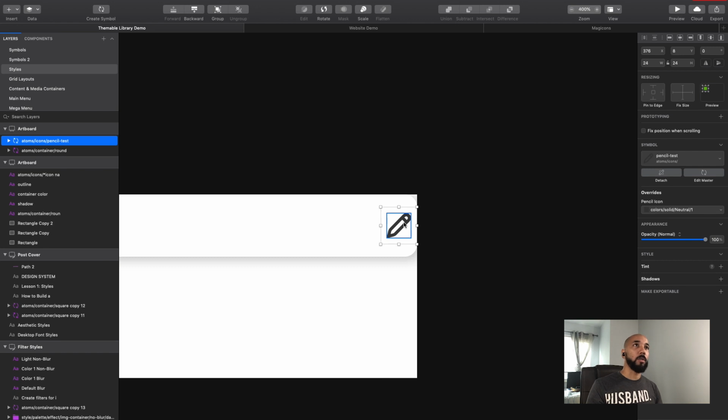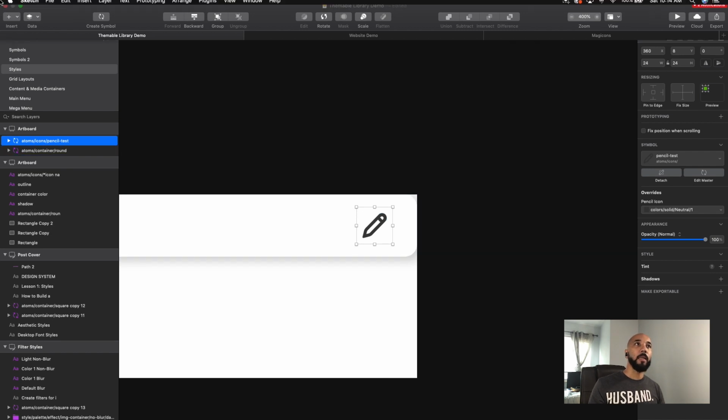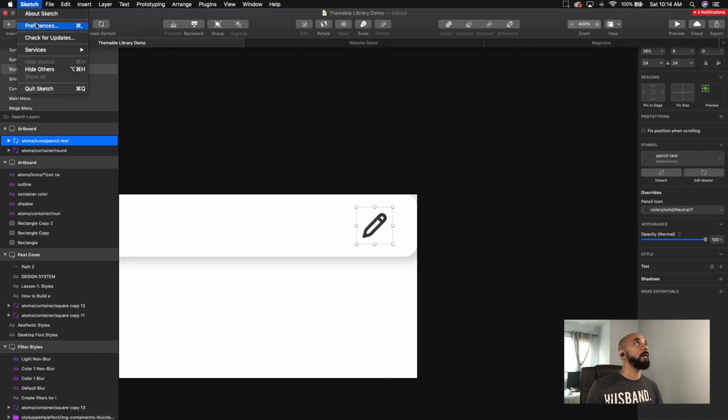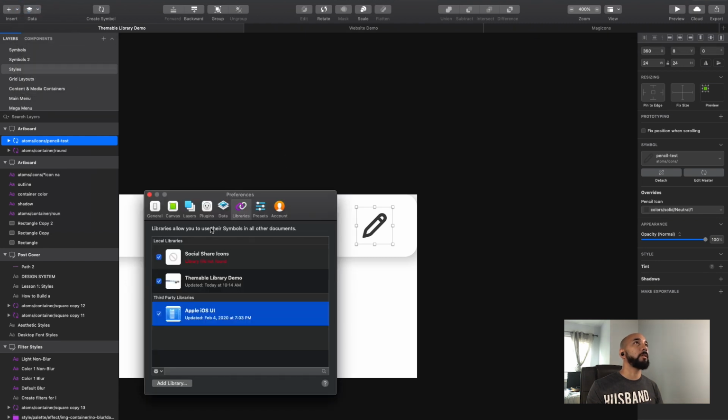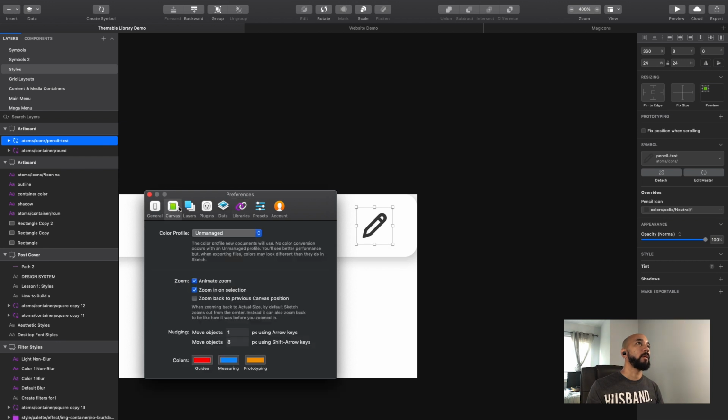I'm going to hold shift and the left arrow key. That's going to put it 16 pixels away from the side. That is where I determine that, by the amount of pixels that move when holding shift and the arrow keys, by going to Preferences, Canvas, Nudging: move objects 1 pixel when using arrow keys, move objects 8 pixels